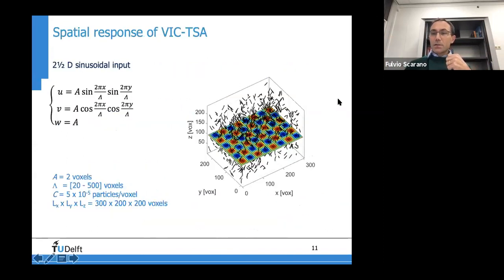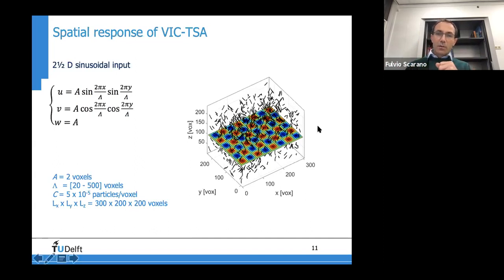I have limited results here. What is relevant to consider first is the spatial response. Is it true that this method can improve the spatial resolution? Let's do a test with sinusoids. We've chosen a 2.5D sinusoidal input. It is 2.5 in the sense that it is two-dimensional, so the velocity changes over sinusoids in X and Y, and the Z component of the velocity is non-zero, so it is not really two-dimensional, but it is a uniform component. This is to avoid that the particle would wrap up always on the same trajectory, because this is